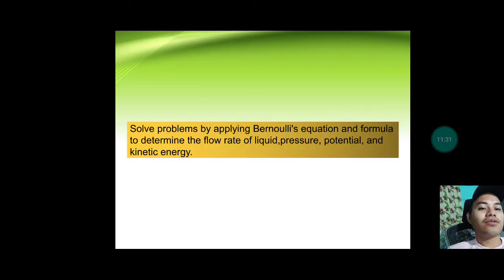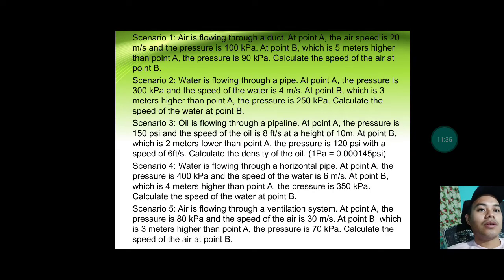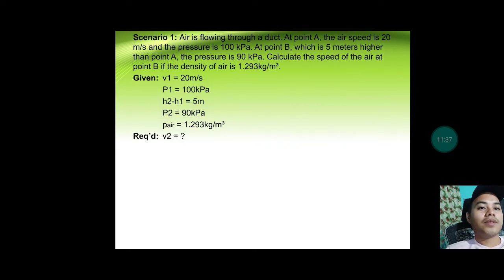So let's try to solve problems by applying Bernoulli's equation. Scenario number 1. Air is flowing through a duct at point A. The air speed is 20 meters per second and the pressure is 100 kilopascals. At point B, which is 5 meters higher than point A, the pressure is 90 kilopascals. Calculate the speed of the air at point B if the density of air is 1.293 kilograms per cubic